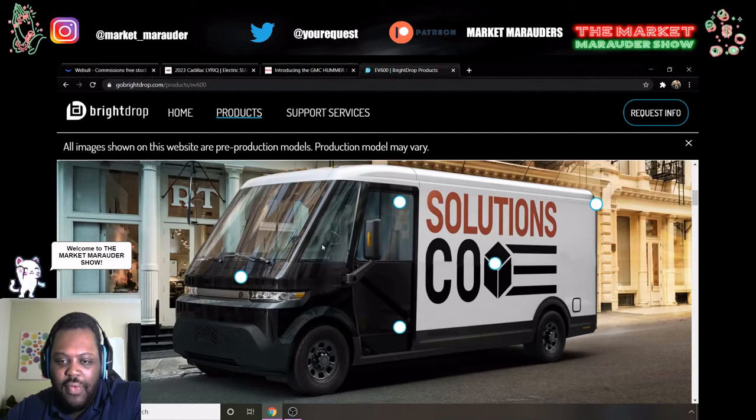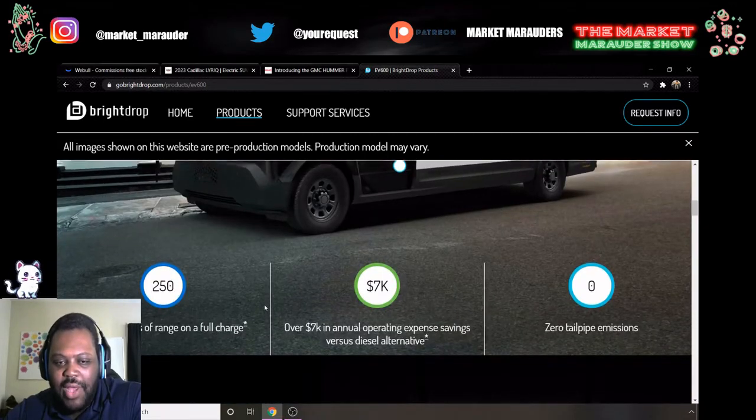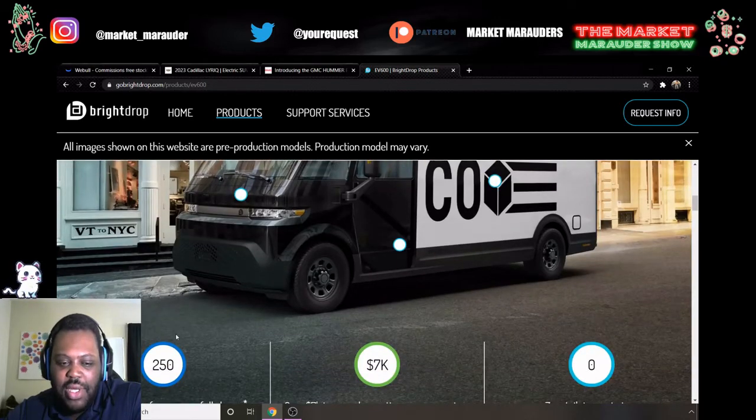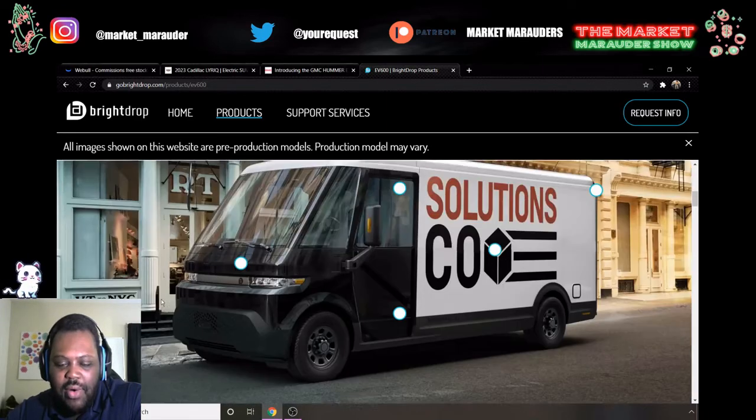conversion for FedEx. Definitely will help FedEx's fleet, especially with the EVs having 250 miles of range fully charged. I know those guys out there definitely drive more miles than normal, and sometimes you may have a trip where you're going all the way out into the middle of nowhere and coming back. And there may not be any gas stations along the way. Having that electric reliability, knowing that you have an extended range and you could just charge it